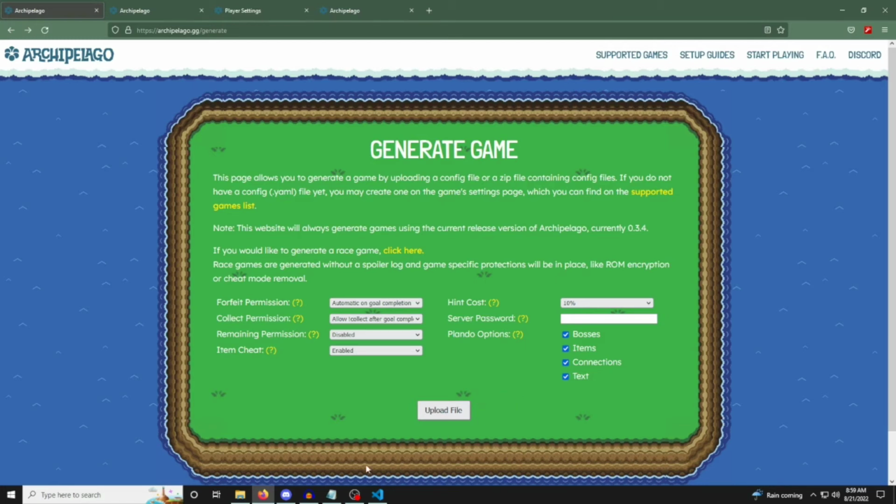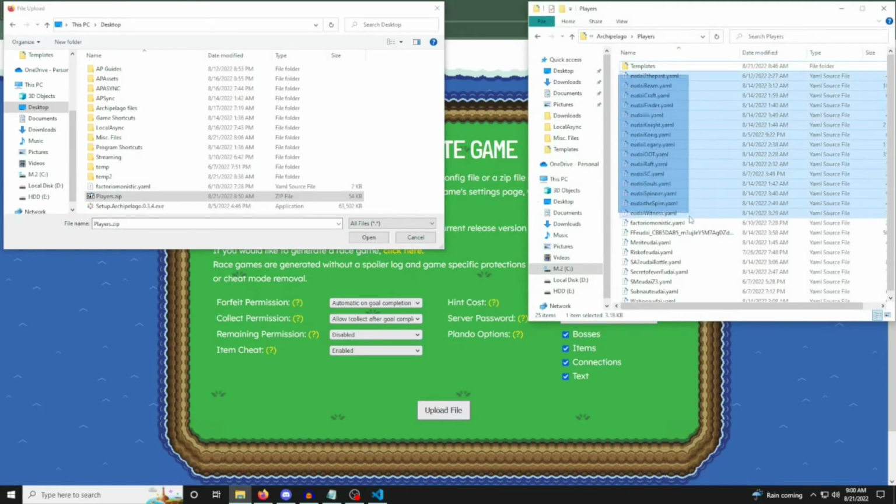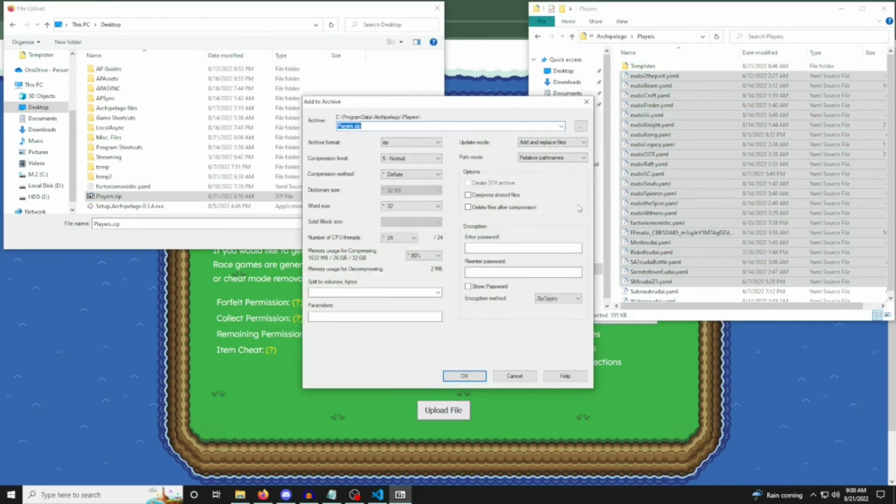The first and easiest way to generate a session is to simply collect everyone's player YAMLs, bundle them all together in a .zip file. I recommend 7-zip for this, but as long as you output a .zip file, it doesn't matter which program you use. And then upload that .zip file to the Generate Game page found at